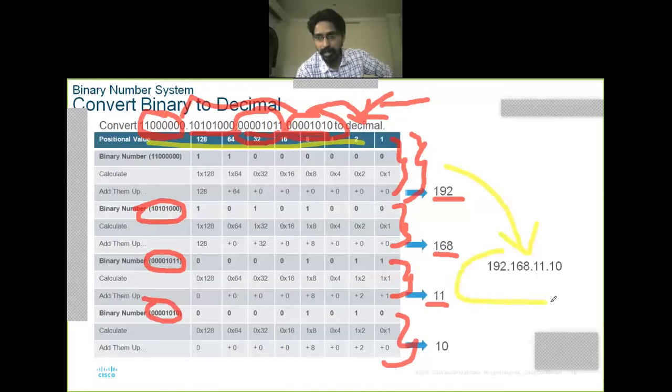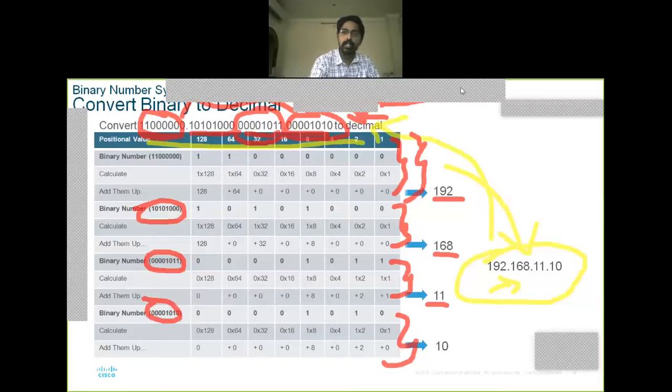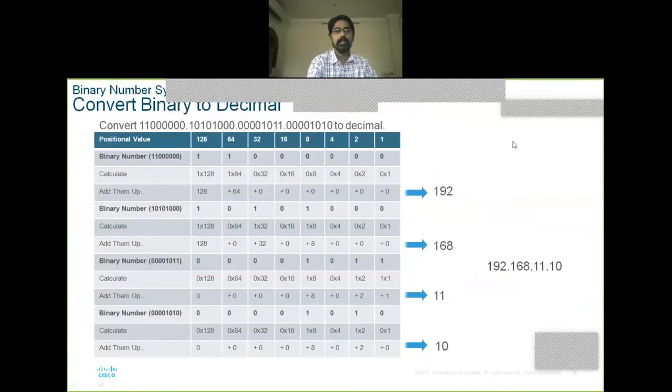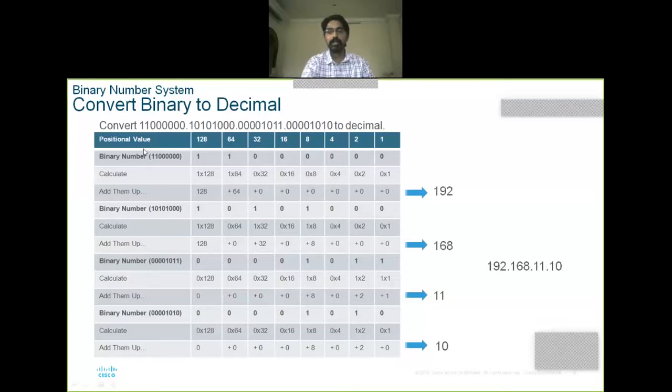This is the example of an IP address, 192.168.11.10, in our human readable format. This is how the decimal number is converted into binary zeros and ones. This is the binary value for 192.168.11.10. So this is the binary format. The ultimate binary format is the machine readable format. The decimal format is our human readable format. That is why we need conversion from binary to decimal or decimal to binary.